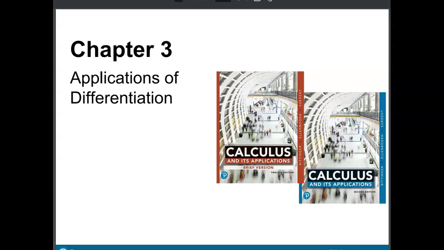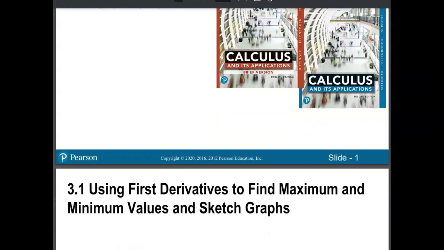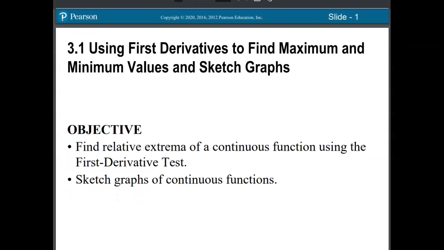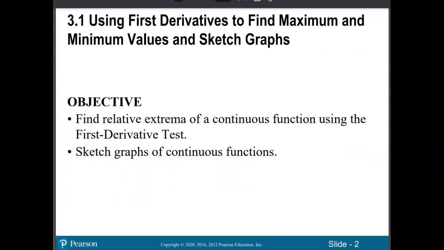In this video, we are going to begin Chapter 3 and cover Section 3.1. So Chapter 3 is all about applications of differentiation. All those derivative rules that you learned in Chapter 2 are going to be applied in this chapter. Okay, so Section 3.1, using first derivatives to find maximum and minimum values, and also to sketch